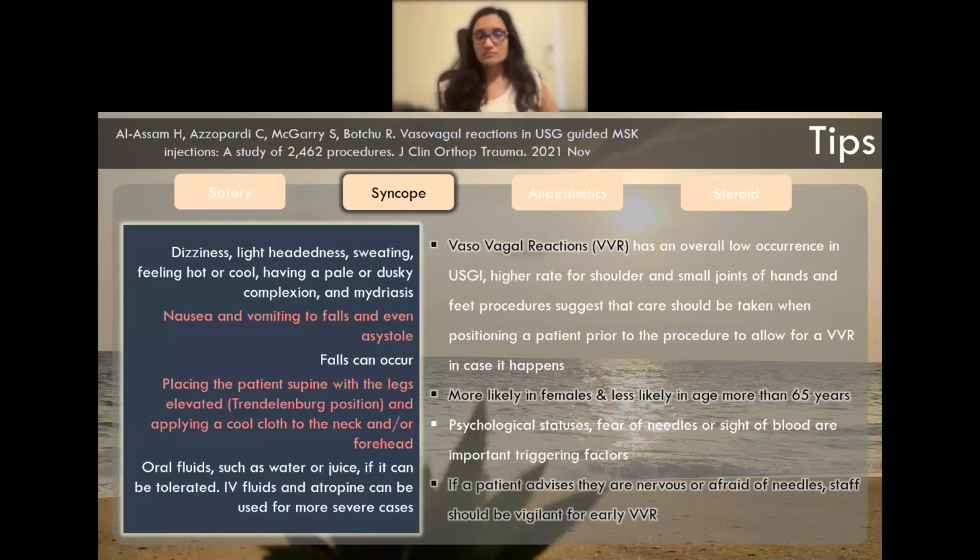And this can be so bad that the patient can even fall from the table during the procedure, or just after the procedure. If the patient gets up abruptly and starts walking, they might even fall down. That will cause more harm to the patient. So those things have to be kept in mind, especially when a patient is very anxious. We should be very proactive in looking for the onset of vasovagal reactions. This can be easily avoided by good hydration. And when it happens, we can immediately do the Trendelenburg position with leg elevation, and also keep some cold cloth over the neck or forehead,